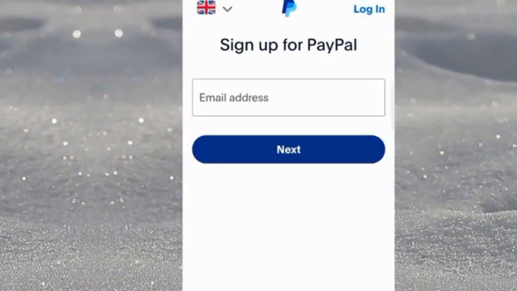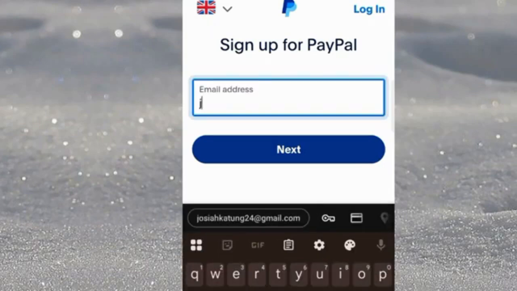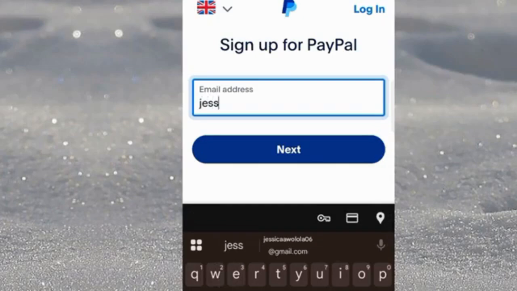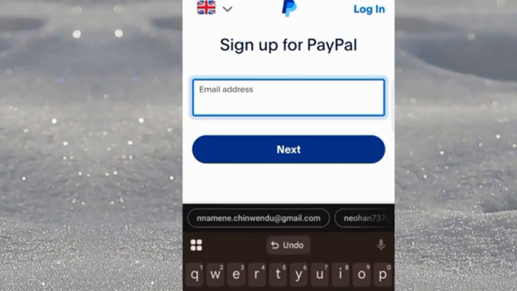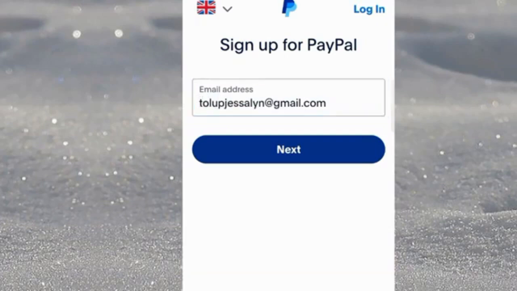All right, now it says sign up for PayPal, and you're required to fill in your email address. I believe by now you must have created your UK email address, so that UK email address is what you're going to paste here. I already have mine in my notes, but I think if I type it in, it's going to reflect. So this is my email address I'm going to be using for this PayPal account. It's a new email address I created with the UK location. So now I'm going to click on next,